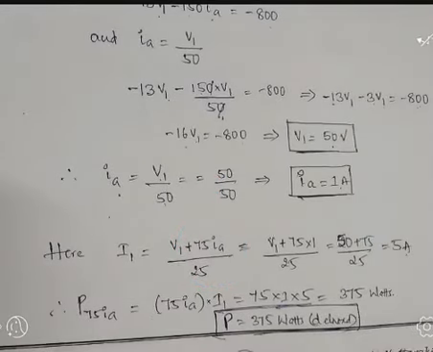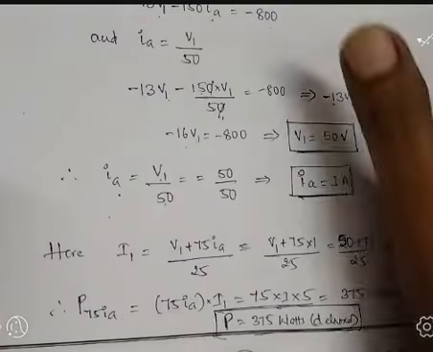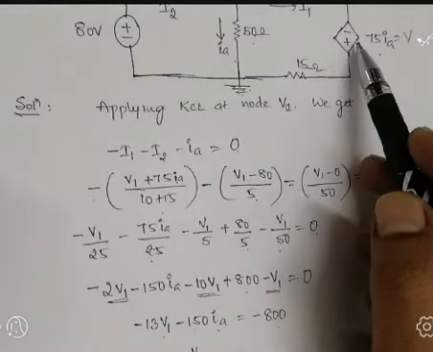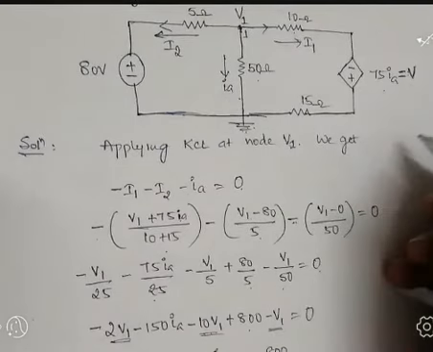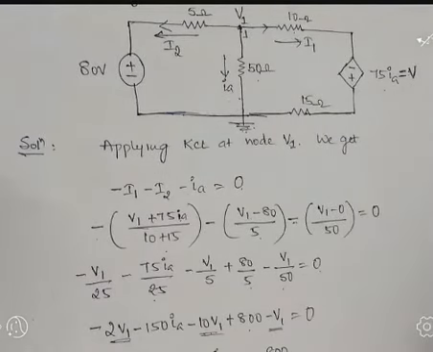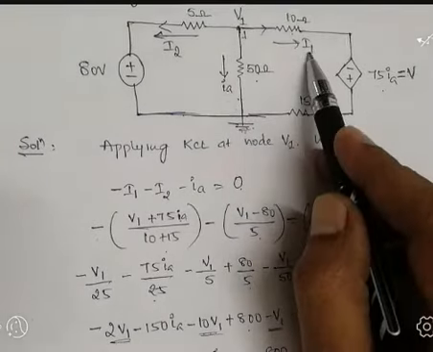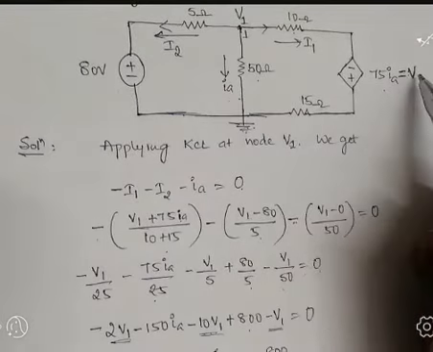But the question is we have to calculate the power delivered by the dependent source. The dependent source is 75 IA. It is what? Voltage. How to calculate power? Power is equal to V into I. See, it is the voltage. This is nothing but V. So we know how to calculate the value of power. Power equal to V into I. V is known, but through this branch, which current is flowing? The current I1 is flowing. Hence, power delivered by the dependent source is P equal to V multiplied by I1.